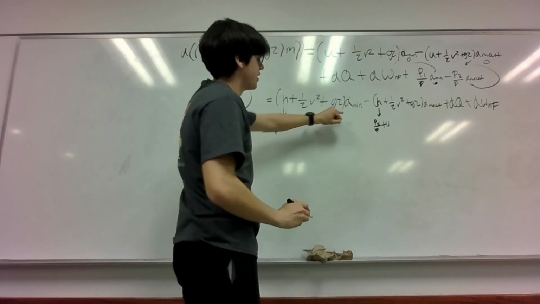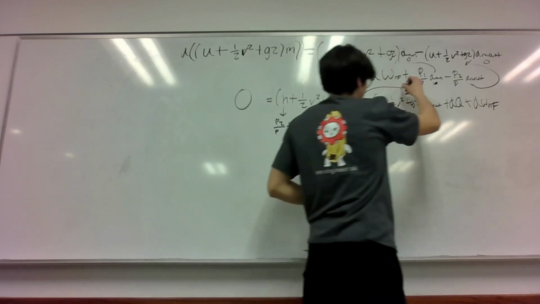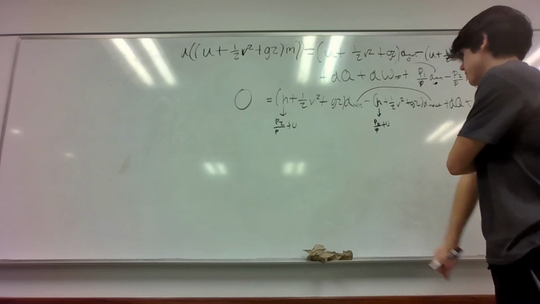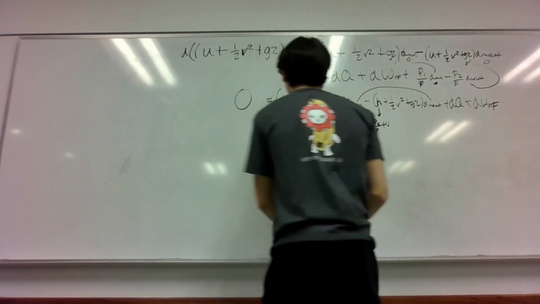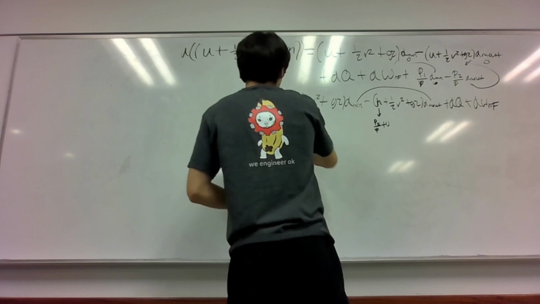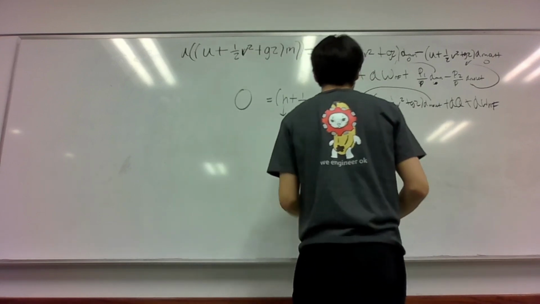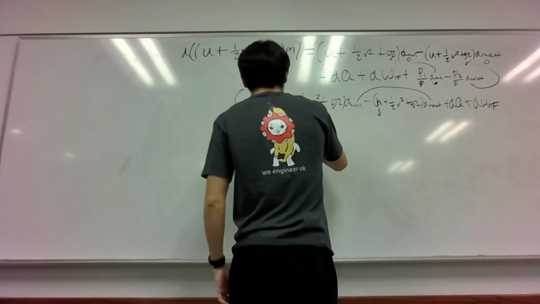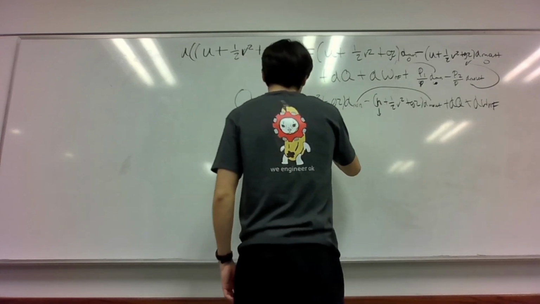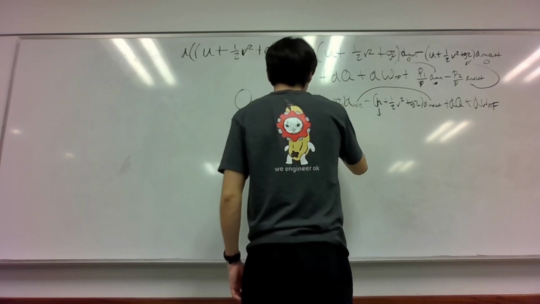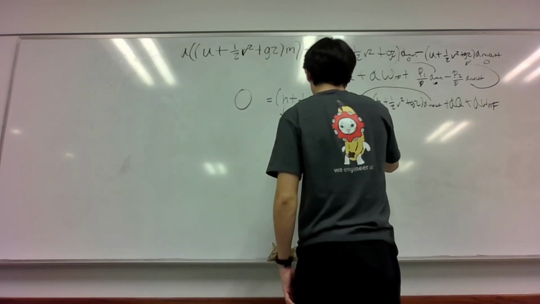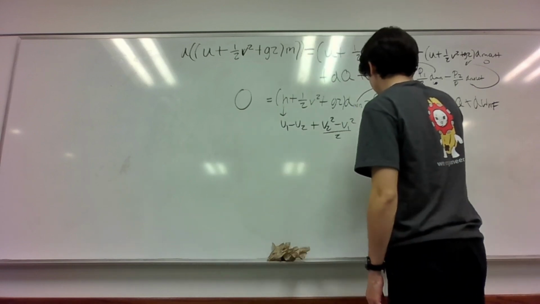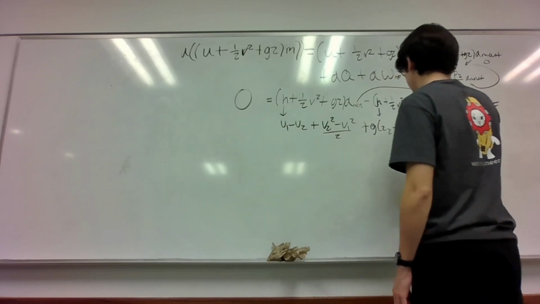So what we're going to do is group both of these terms as just dm, and then simplify this expression so it's a little bit cleaner for us to use. So we'll say u1 minus u2 plus v2 squared minus v1 squared over 2 plus g times z2 minus z1